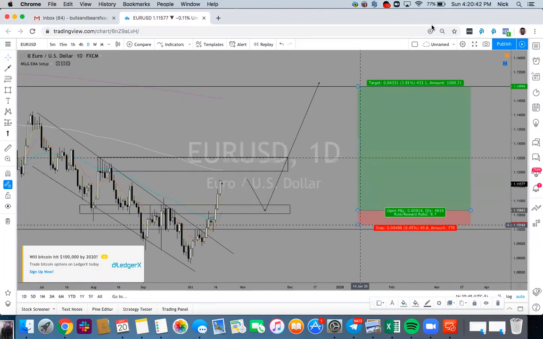Risk about 50 pips to gain 430. So that's a really solid risk to reward. On that trade, it's going to be 8-to-1, almost 9-to-1 risk to reward. So it's all going to be depending on how big your stop loss